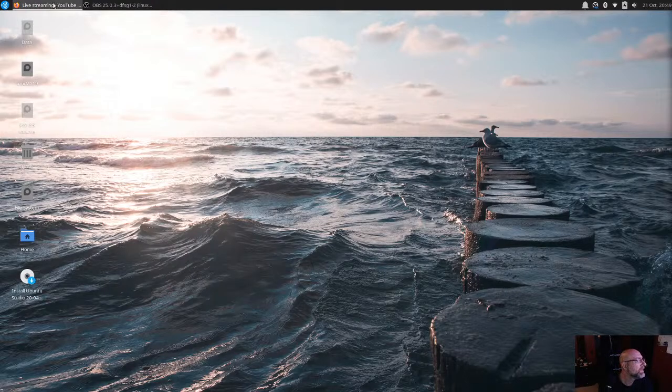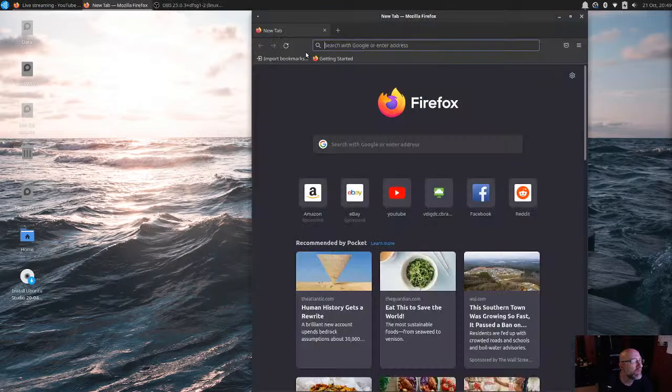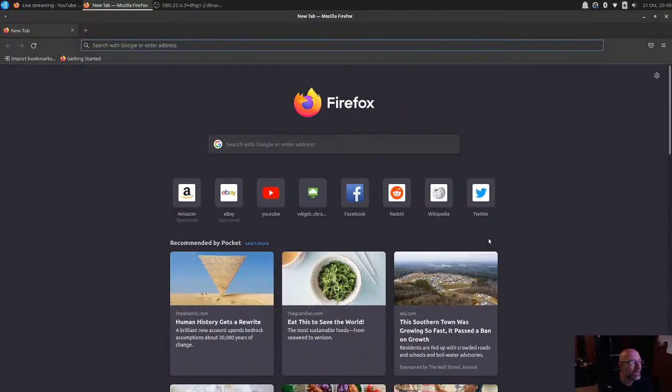Oh, let's see what else. So I'm still trying to determine what I want to jump to. Like I said, right now I'm on MX19. But one of the reasons I want to distro-hop, not that there's anything wrong with MX19, but